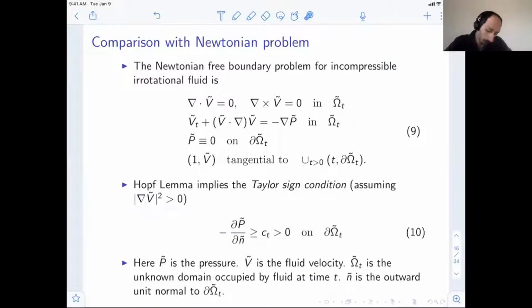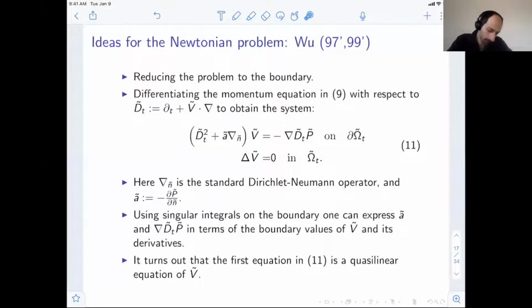Okay. So again, every tilde quantity corresponds to the Newtonian case, and n tilde is the normal to the Newtonian boundary. All right. So those are the equations. And how does one prove a priori estimates for this? This is due to Wu, 97-99. The way she did this is that she took a material derivative of the momentum equation. By material derivative, I mean d_t plus v dot nabla v, and one derives this second order equation on the